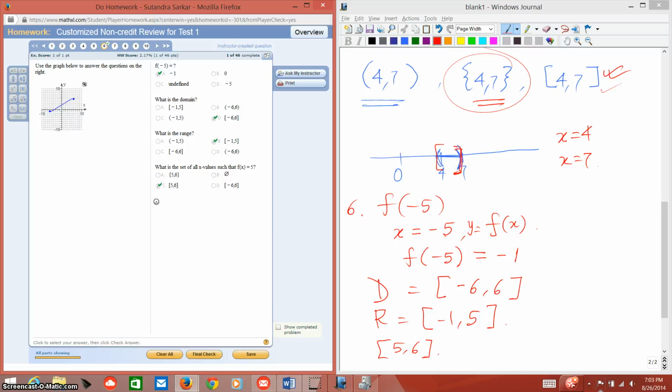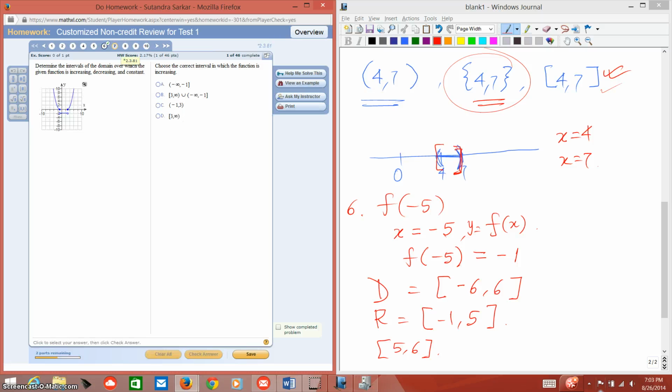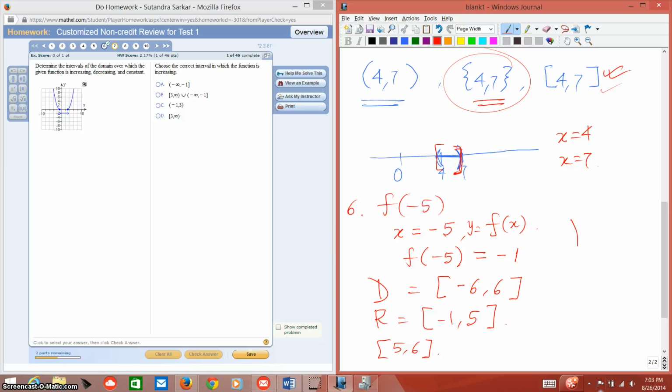Okay, let's move on to the next question and see if that is something we need to work at this time or not. Here you are describing the function, whether it is increasing or decreasing. So in this case, when you are looking for an increasing part, you are trying to determine whether, when you are going from left to right, so basically when you are talking about x values going from left to right, whether the y value